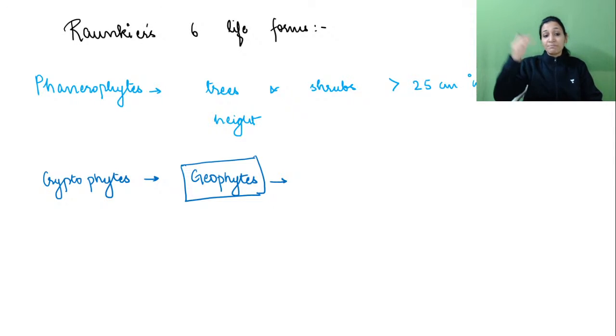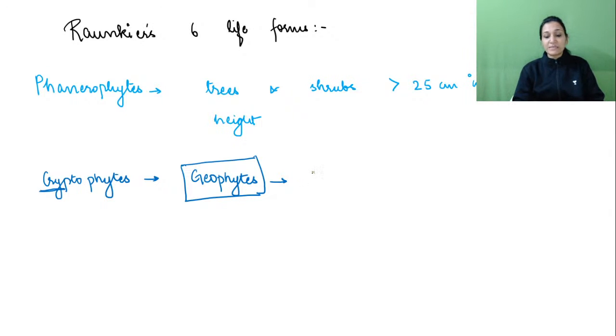So geophyte, something is related to the budding, right? And something is related to very cold temperature also, cry. Crypto, the cry is coming, so you will remember cry related to the winters and geo related to something buried in the ground. So I'll give you the definition, and remember the two important things I told you. Geo is something buried into the ground, and cryptophytes, CRY, we use it for very cold temperature. So dormant in winters. Remember this definition this way.